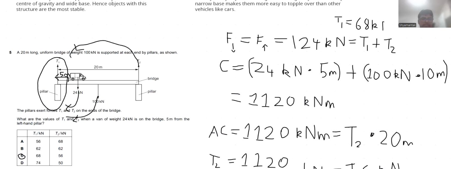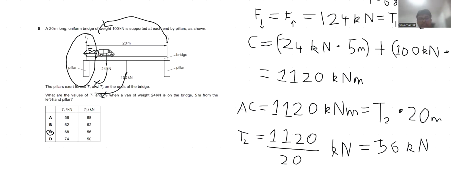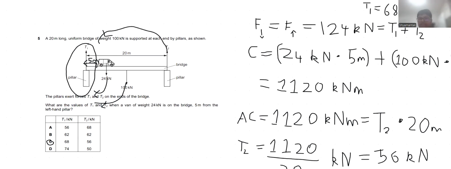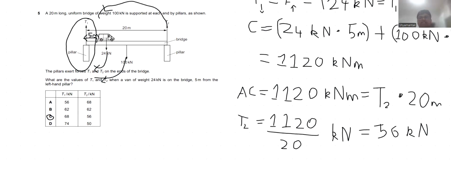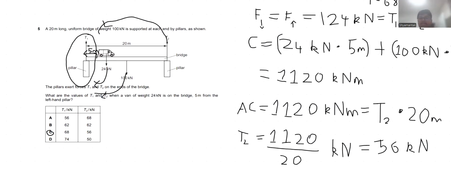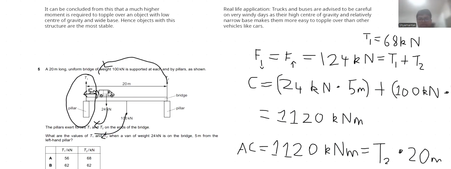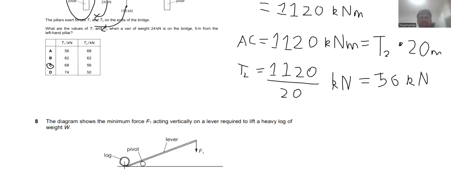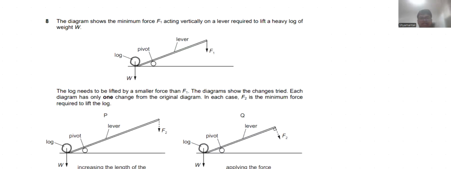And there's our answer. So even if there were multiple options with 56 as T2, you could find it out pretty easily after you had found out T2. So finding out one of them is basically the hard part. Then it becomes easy if you know how to apply the small trick of applying translational equilibrium instead of rotational one. Yet again. Now, this question is one that I really like because it does not use any complicated maths